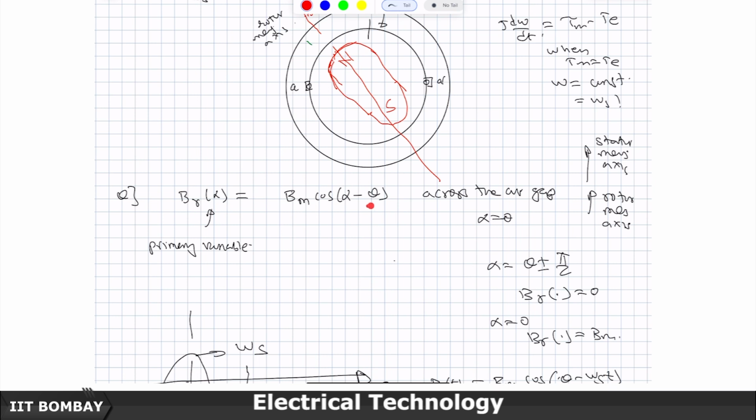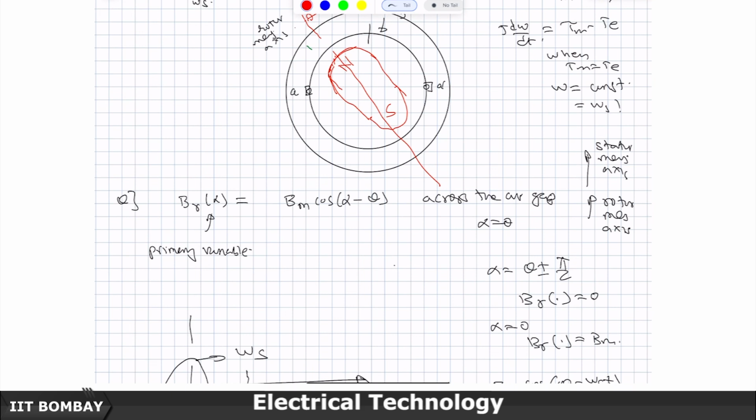Because this theta has already been taken, I create a primary variable alpha and write Br of alpha is equal to Bm cos of alpha minus theta. Now, because Bm is varying, you can't just do B times A. So what you have to do is B at an alpha, then you